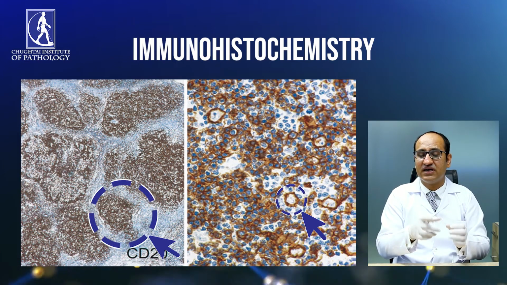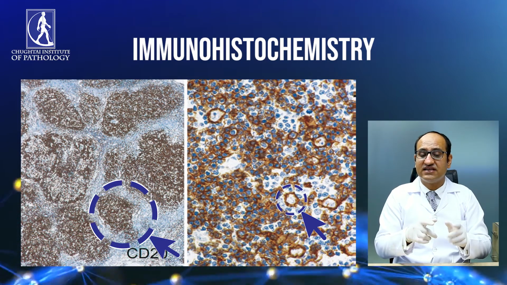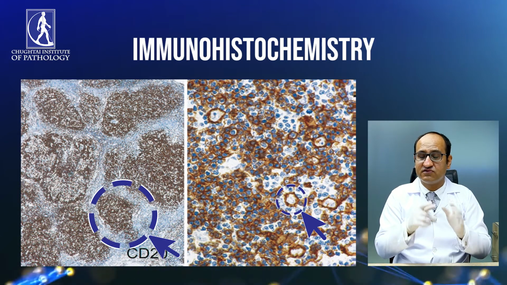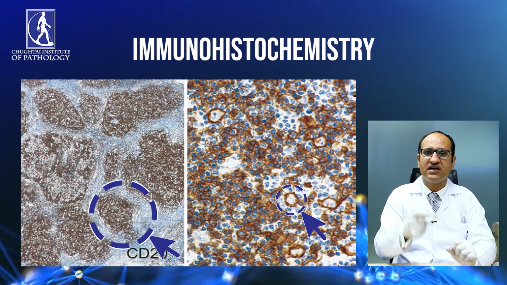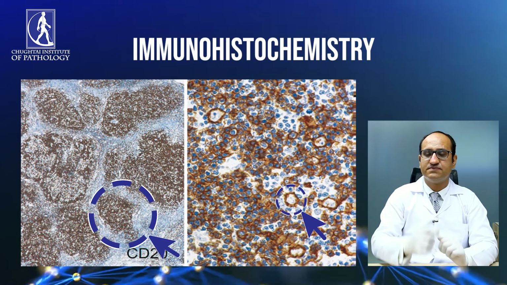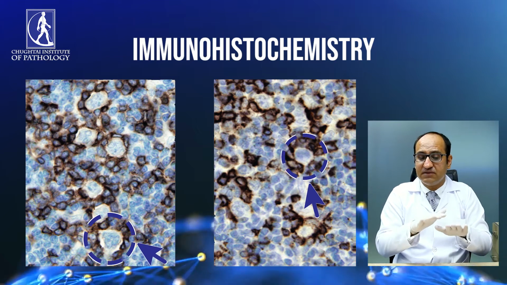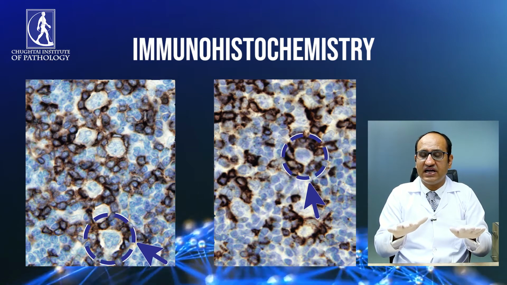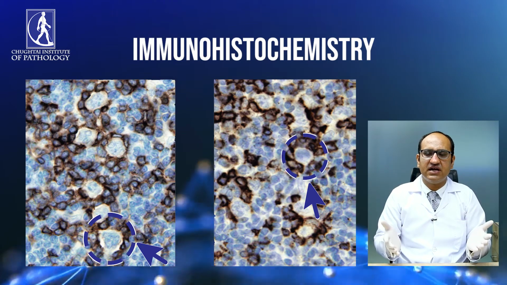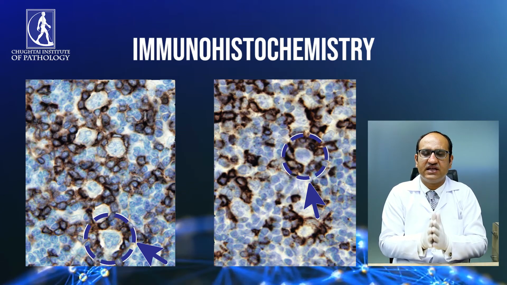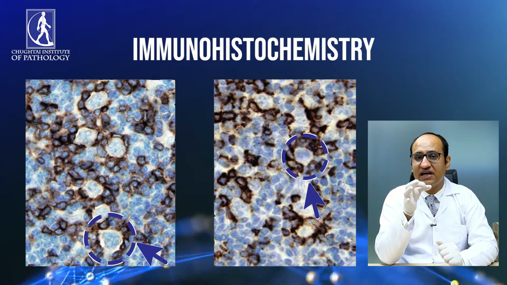But there is a point to be noted: there are some cells in the background which are not positive for CD20. These cells are the T cells, and if you look closely at this picture, most of these cells are present around the large cells. They are forming a ring around the large cells. Here you can see the CD3 IHC stain performed for T cells. As you see, most of the cells in the background of the nodules are negative for CD3, which means these are B cells, and the large cells are negative for CD3 as well. And the third thing you should notice in this picture is that the T cells are forming a ring around these